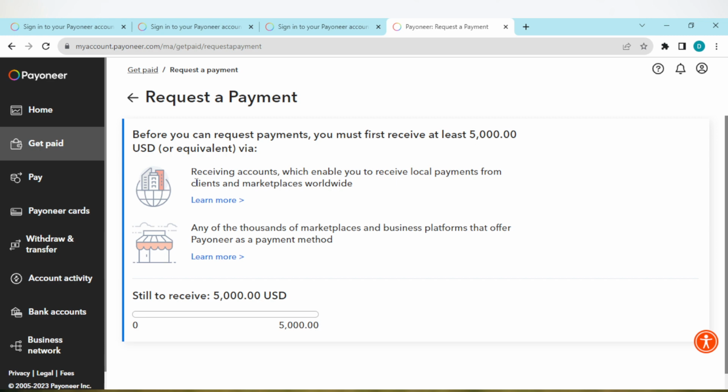For you to be able to request payment, you have to ensure that you have received at least $5,000 in your account already. Okay, you have to ensure you meet this criterion. Now once you've met this criterion, your request a payment page would not be appearing as this. This is appearing because I have not met the criteria. All right, so ensure you have at least $5,000 at first, and then once you've received this, once you click on request a payment, you'll be brought to